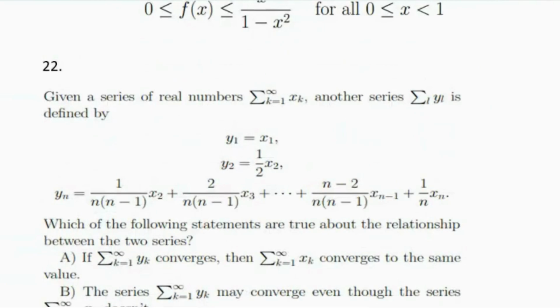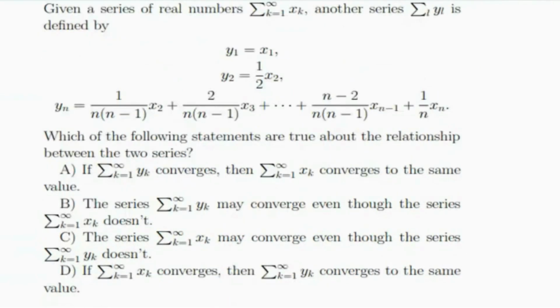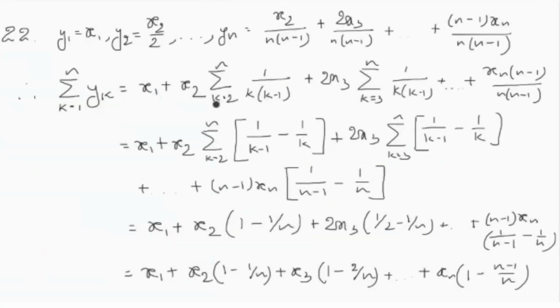This is question number 22, where we have a series of real numbers, summation xk, k from 1 to infinity, and summation yl, where y1 is x1, y2 is x2 by 2, and we have a very long definition of yn in terms of x2, x3, up to xn. And there are four statements given about the convergence of summation yk and summation xk. Okay. So question number 22, I have written down the values of the yl's in the first line,